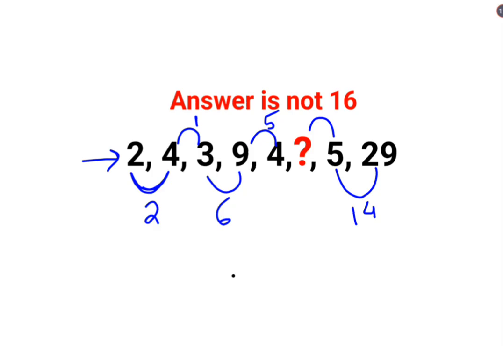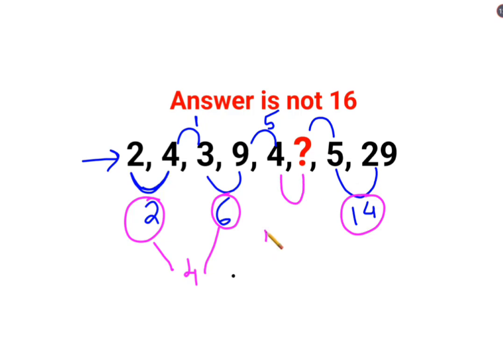Now please understand. Here what are we looking at? See the numbers over here at this bottom line. At the bottom line over here 2, 6, 14 means you are skipping. Can I say I'm skipping one even number which is 4? So technically between this and this the next even number should have been 8, but now since I'm skipping that one consecutive even number, so that will get skipped and the next number should have been 10. And if that is the case, then yes, the next number comes out to be 12 and gets skipped.